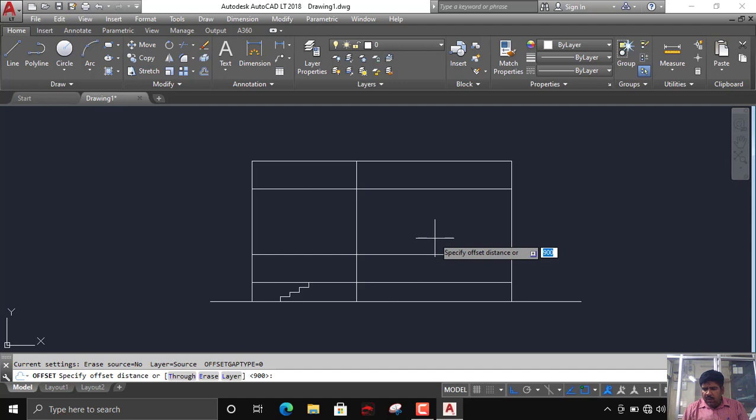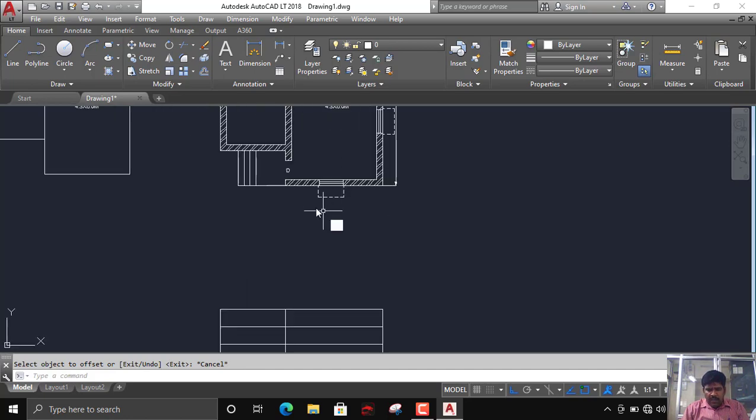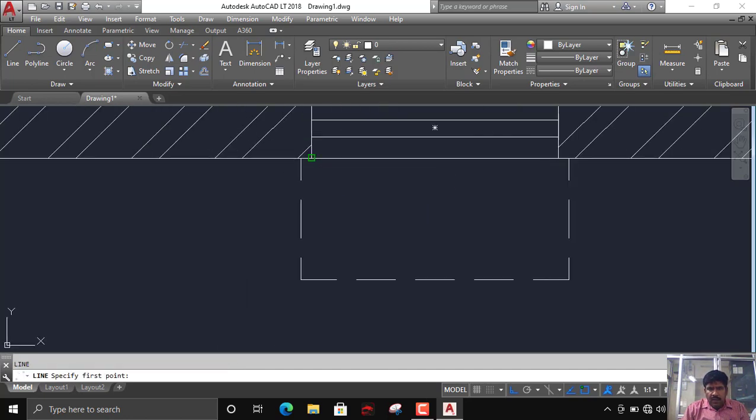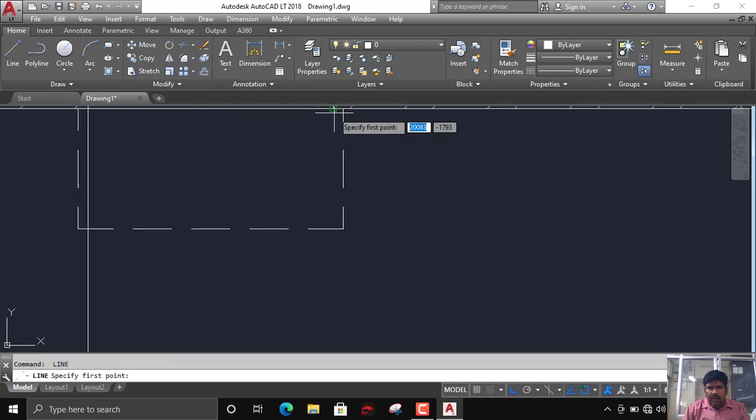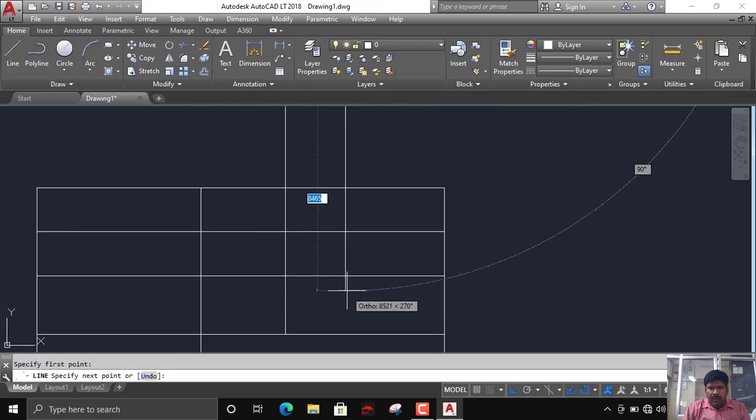Here my window height, what is the window height? 1200 is my window height. This is the window height. Window size I can drop here. From there I can draw this.